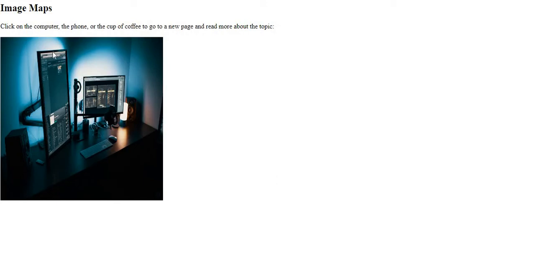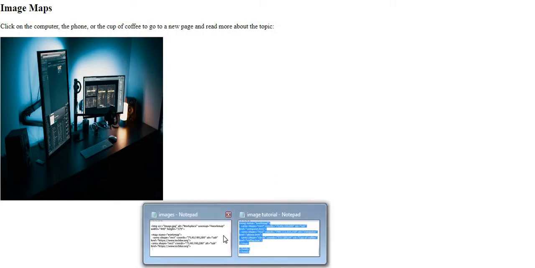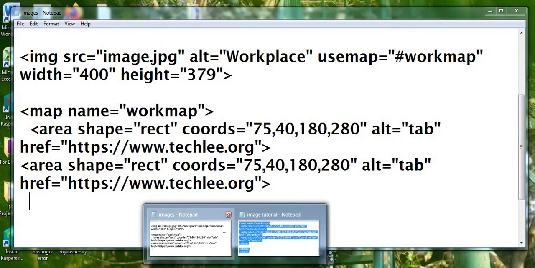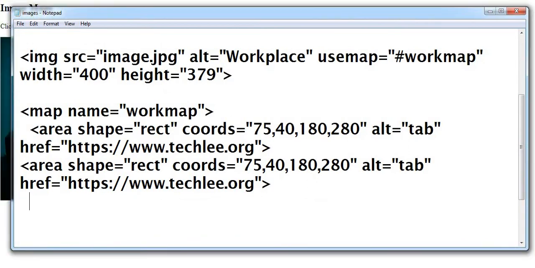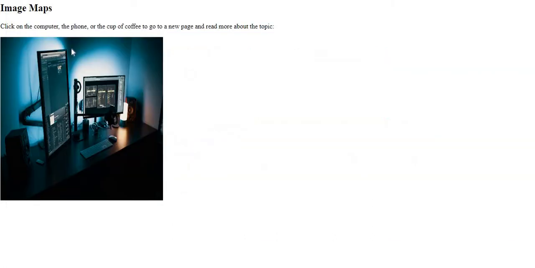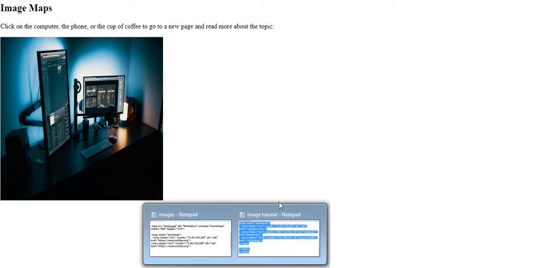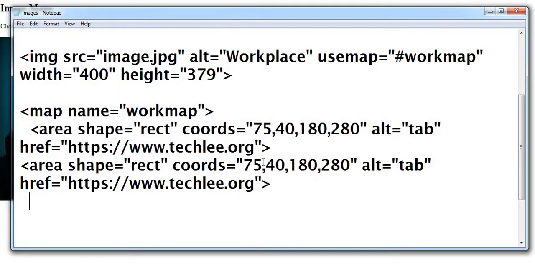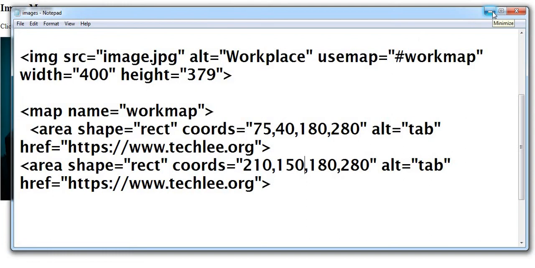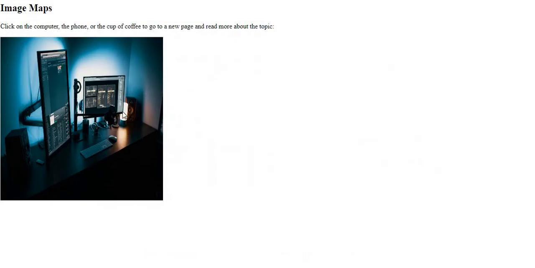And we used 40 in the first one, so it is looking like it is nearly 150, I think. So we can use 210 and 150 for the first set of coordinates, and for the second set of coordinates we can use this place.